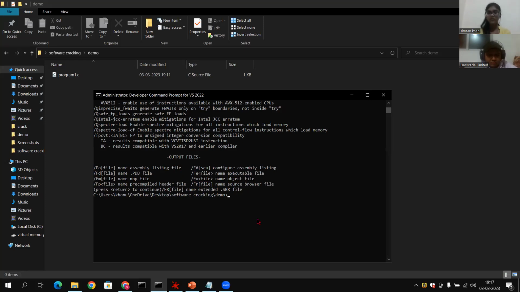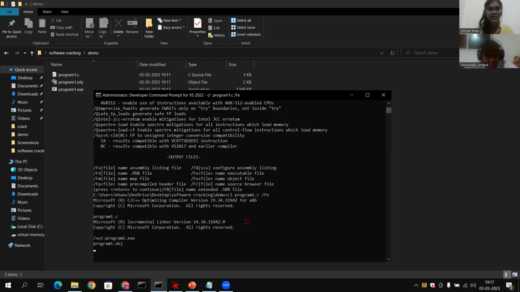So now what we will do, we will compile our program1.c, and also we will convert this into an executable file. So here we have got our .exe file along with program1.obj, means object file.